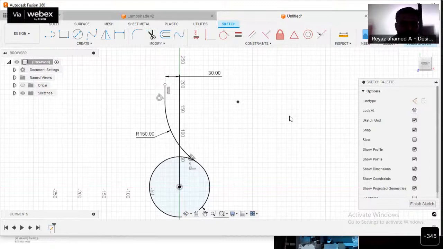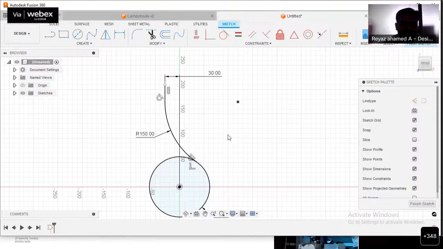So constraint means what? We have to give some restrictions for that particular design. In what way? We may give geometrical based constraints, or else we may give dimensional constraints, which are quantity based. Either quantity based or quality based. The quantity based may be called a dimensional constraint, and the quality based may be called a geometrical constraint. Okay.